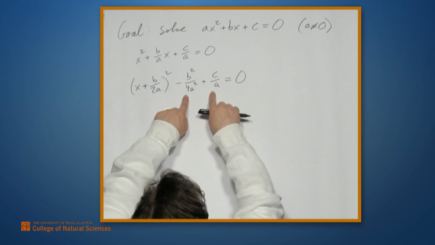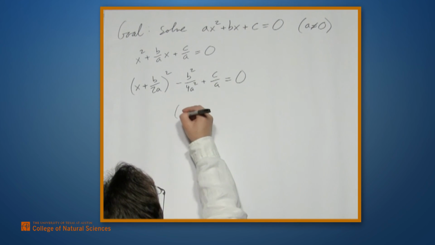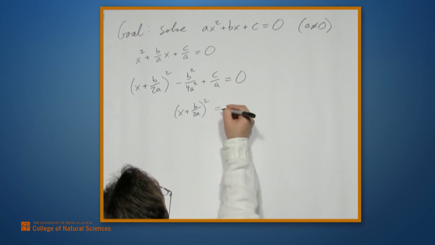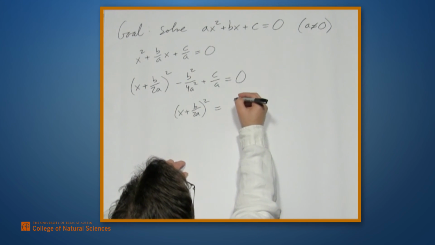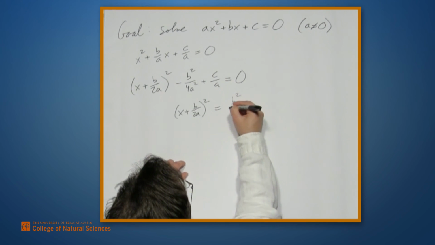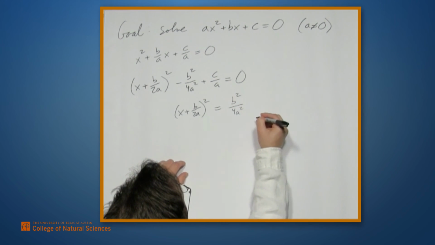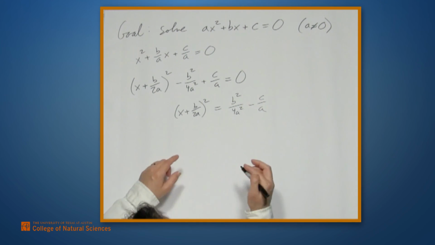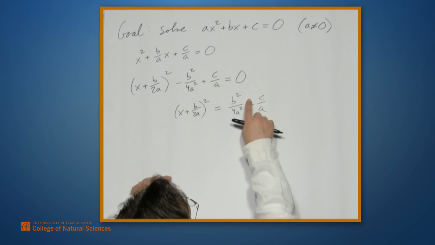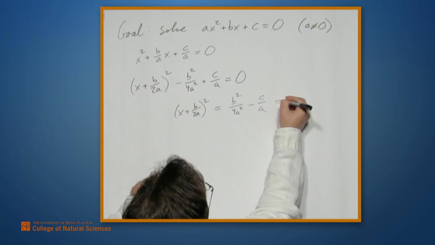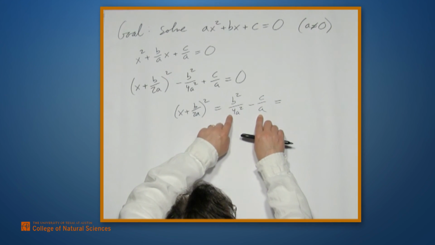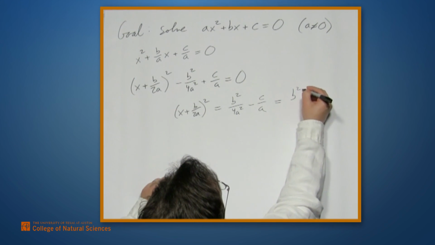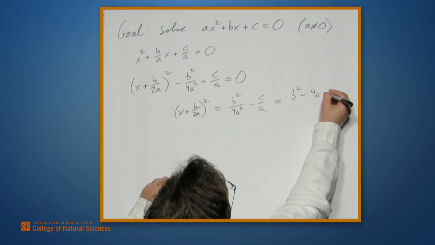We'll move the constant terms over to the other side to get x plus b over 2a squared equals, now this negative term becomes positive, so we get b squared over 4a squared, and then the plus c over a becomes minus c over a on this side. I want to do a little bit of rewriting. I want to get these two terms over a common denominator. So I'm going to multiply c over a by 4a. So then they'll both be over the denominator 4a squared. So we'll get b squared minus 4ac all over